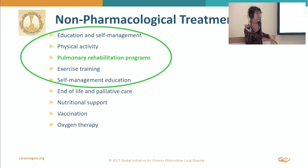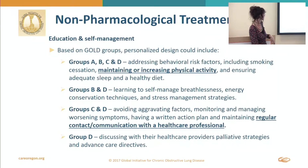And you don't have to remember the criteria. Just reach out to CareOregon whenever you feel like that's something you want to work out for your clinic. And eventually, you'll get used to ordering it. You'll know the criteria. But please use that because people don't know that it's available, and patients are pretty willing, even though it's not that great. And then oxygen therapy and vaccinations. I'm only going to go over one piece of this slide, and that is the...